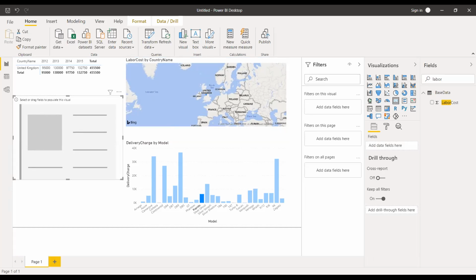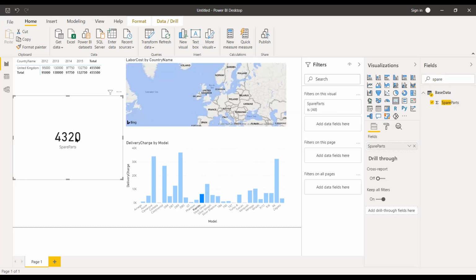So in the card, you have to drop a spare part field. Drag the spare part field and drop it in the card.